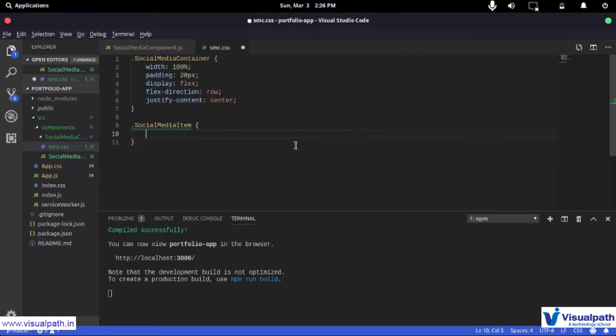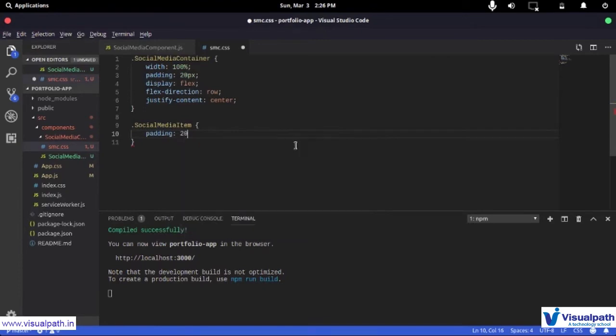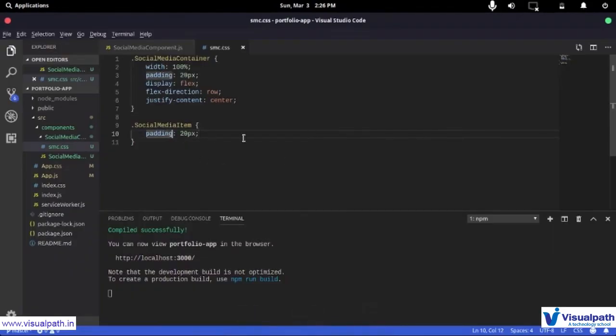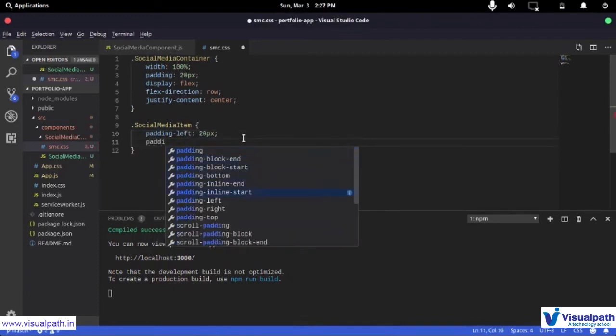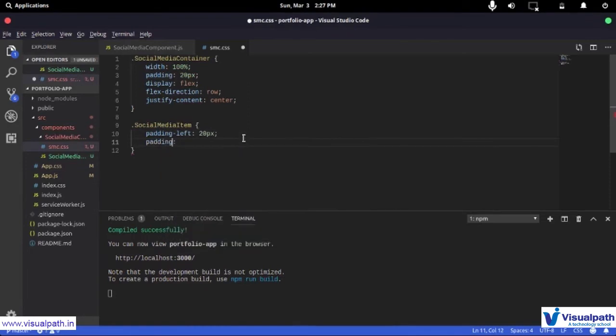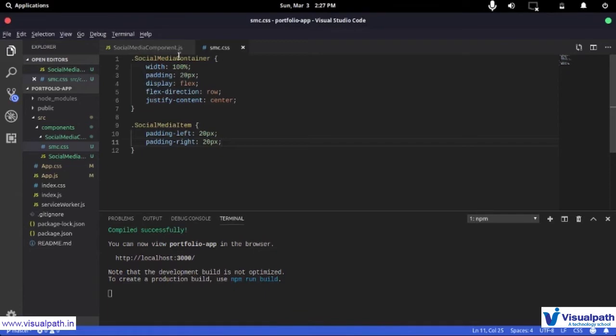So say I wanted to have a size, right? So let's just give it a padding of 20 pixels, and then save this and see what happens. I just want the padding to be on left and right. So padding left should be this, and padding right should also be this, and then there is a shorter syntax for that too, so you can also use that. So padding right should be 20 pixels, and if I save this now, you can clearly see this gave it a separation. And then I'm going to use this class on all my components.